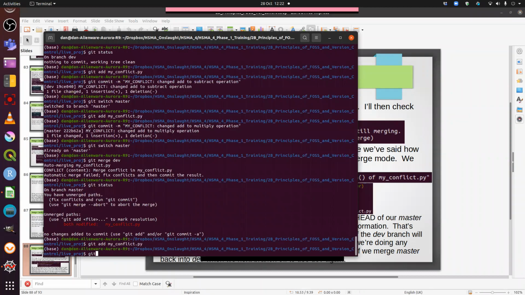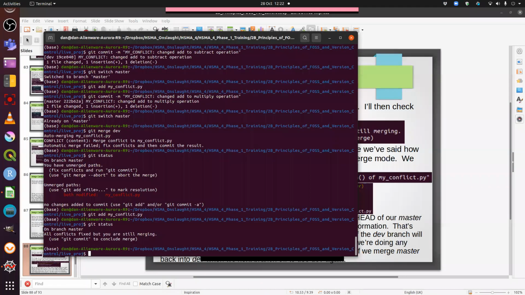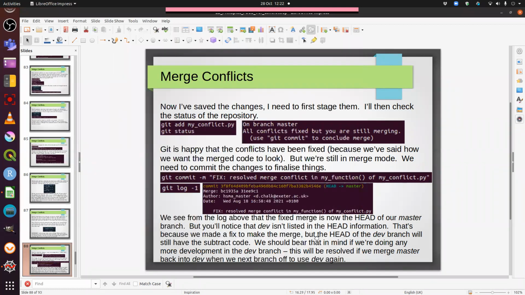And then if I look at Git Status, it'll say I'm on branch master. All the conflicts are fixed. It's picked up. That's okay. What I've done is enough to fix the conflict. But I'm still merging. I'm still in merge mode. I still need to formally commit this to resolve the conflict and to conclude the merge, because I'm still in